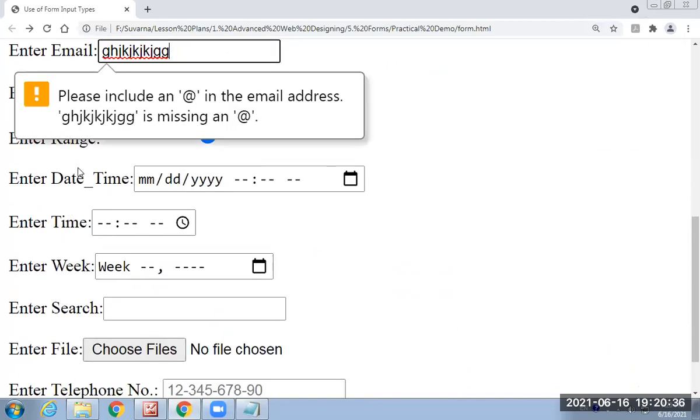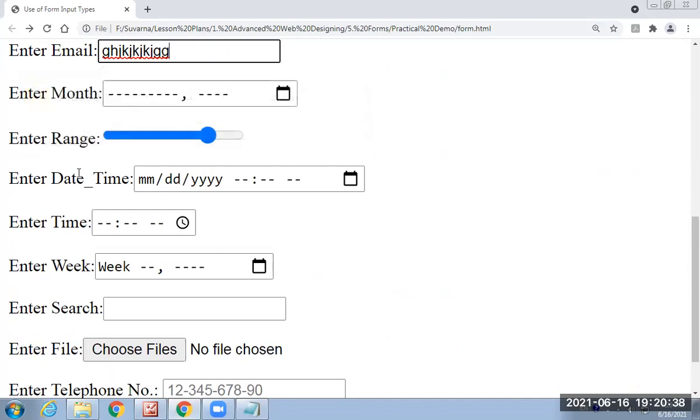Here for the email, what data is displayed? You have to use the @ sign and the dot while entering the email address. In short, we have to provide the proper email address. Now, while providing the email address, what we are doing?